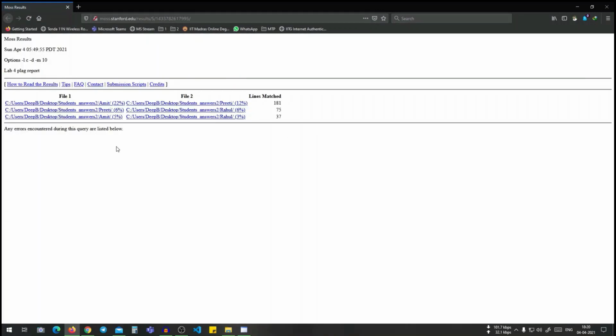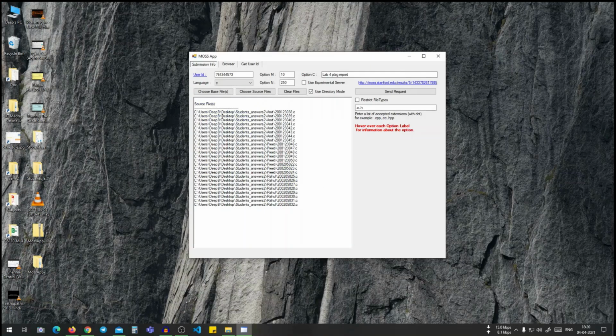You can see Amit is matching with Preeti, Preeti is matching with Rahul, Amit is again matching with Rahul. So flag checking will be done on these 3 students only, but not inside the students' folder. Basically all the files inside the same directory will be considered as one unit. So this is all about use directory mode.